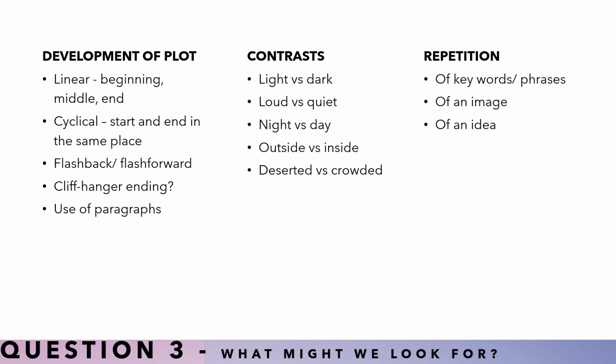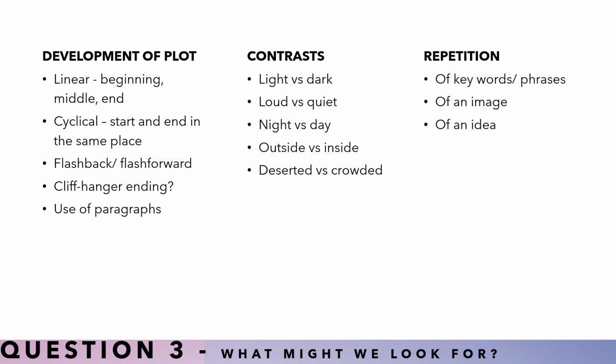And lastly, we might be looking out for repetition. It might be that there's a key word or a key phrase that keeps getting repeated throughout the text. It might be that there's some sort of image that's repeated several times. Maybe there's a red glove that keeps cropping up time and time again. Maybe it's an image of the sea. It might be an image of the clouds, but there might be some sort of image that the writer keeps